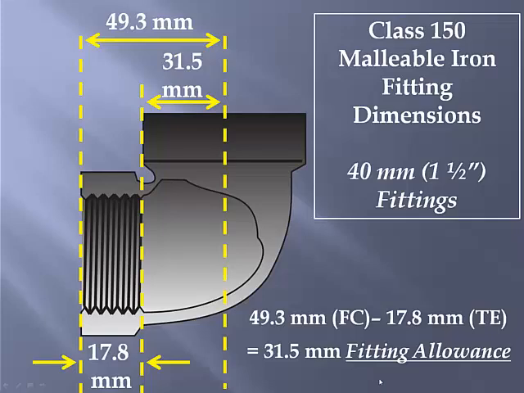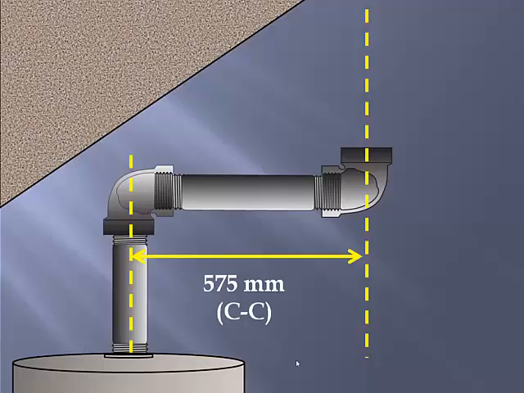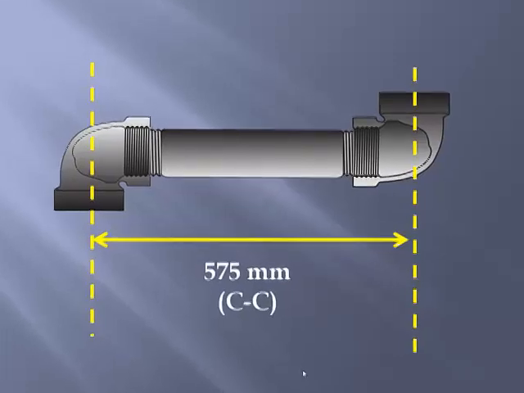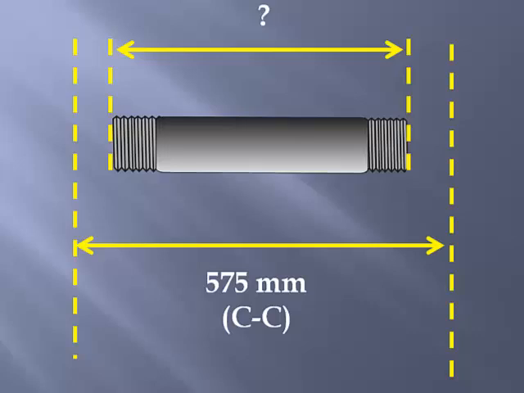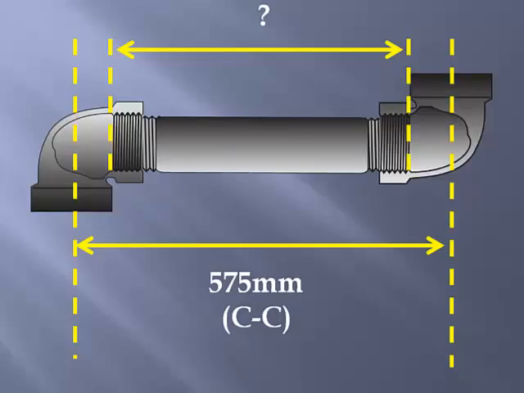Remember that an end to center measurement would require one fitting allowance calculation, while a center to center measurement will require two fitting allowance calculations. So in our case, we require 575 millimeters between the center of two 1.5" or 40 millimeter fittings. Taking a closer look, we need to calculate the end-to-end measurement, which at this point is unknown. Having just calculated for 31.5 millimeter fitting allowance on 40 mil 90s,